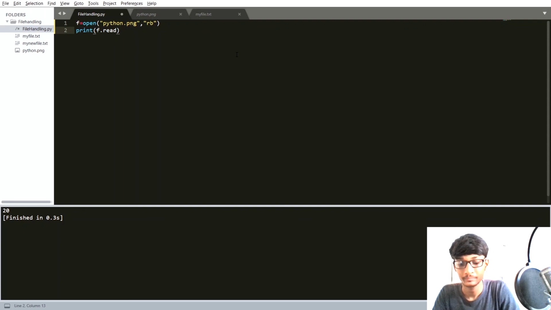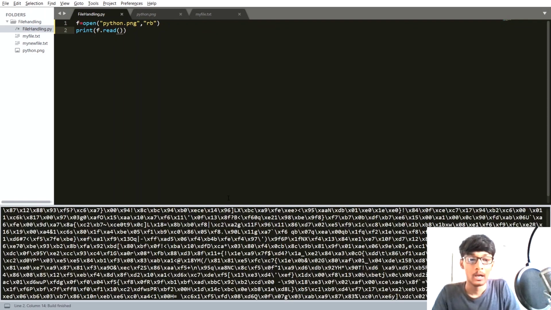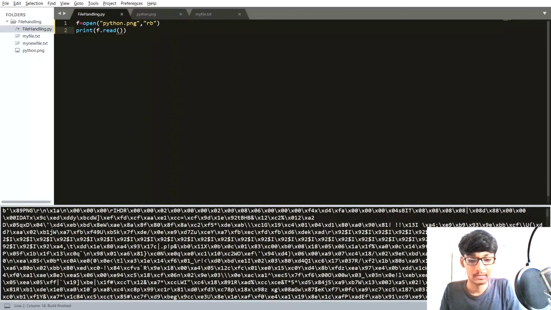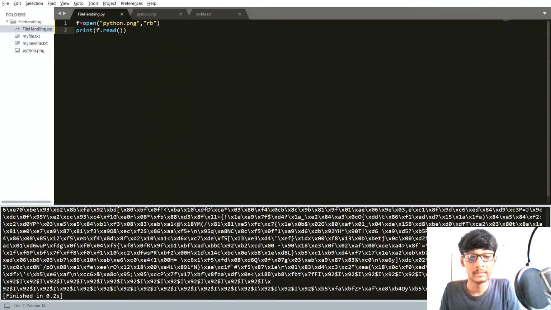So here you can see that it is showing us some values. I think these are hexadecimal values. Okay, so image values.